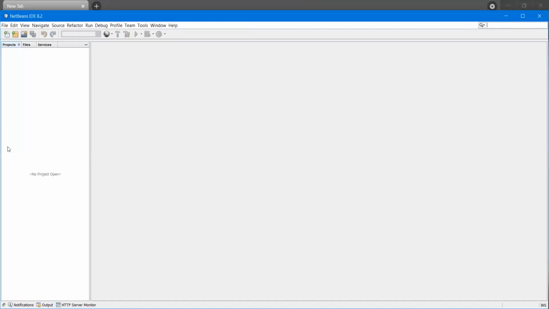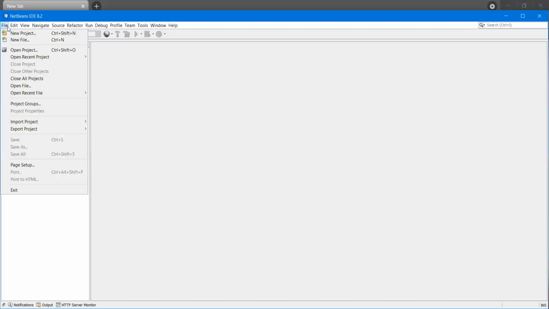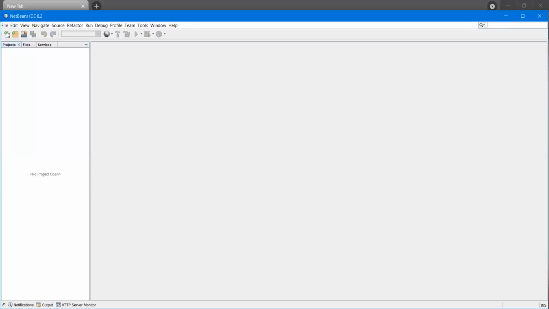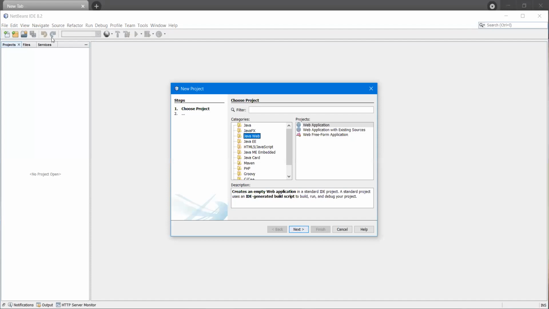So now we are going to do form validation. We are going to do one program for retrieving the details that are given in a form. For that, we need to create a project. How are we going to create a project? We have to click on File, under File select New Project. Under New Project, you need to select Java Web. In that Java Web, we have to select Java Web Application. Then click on Next.